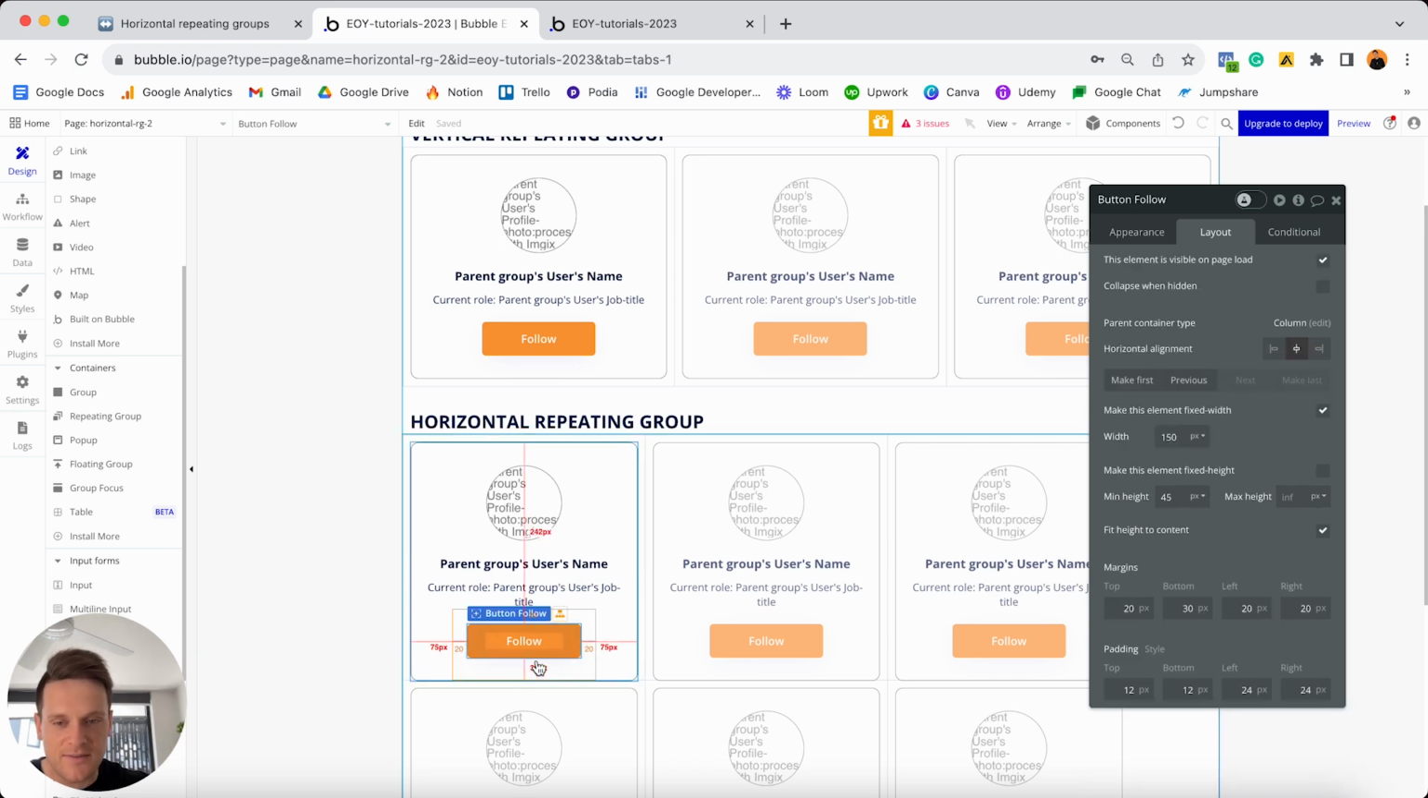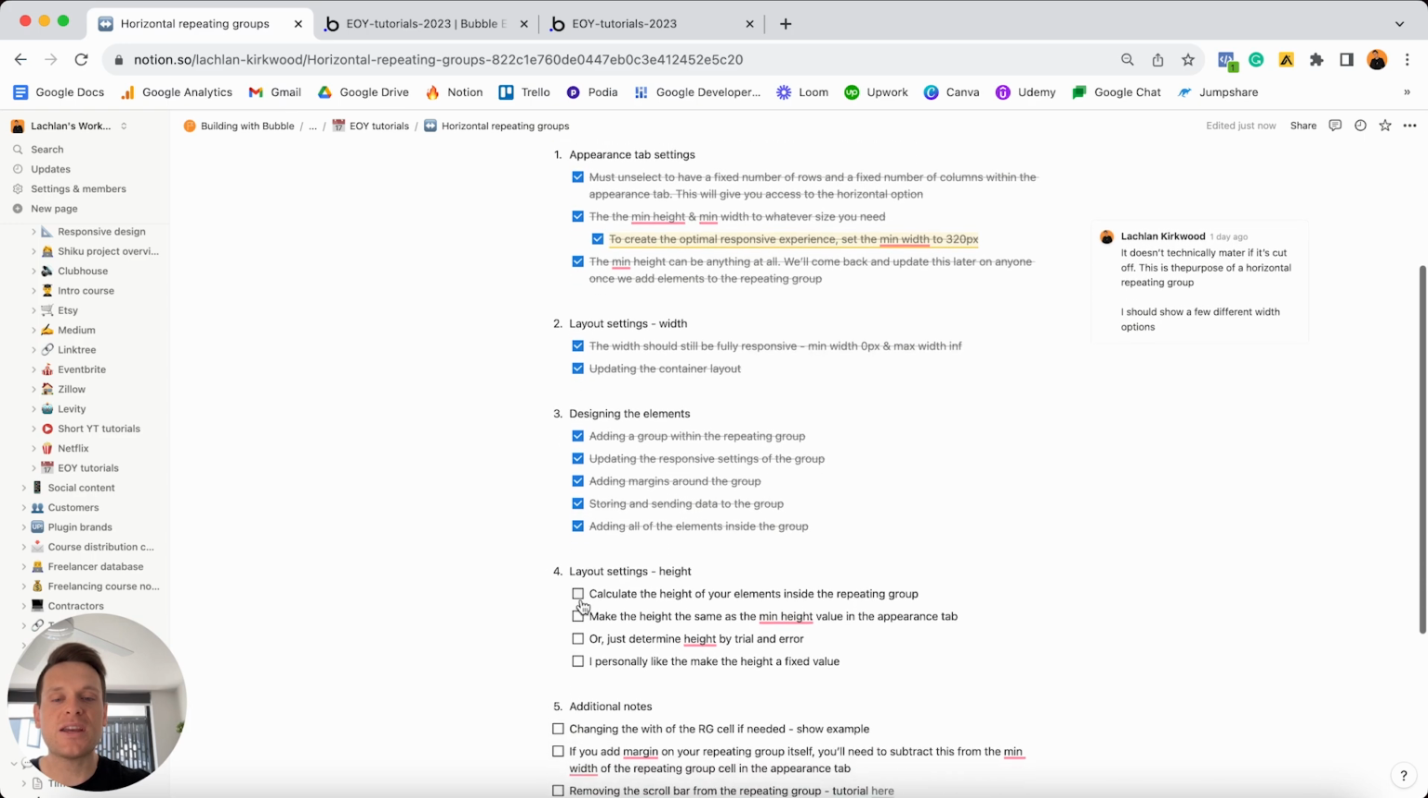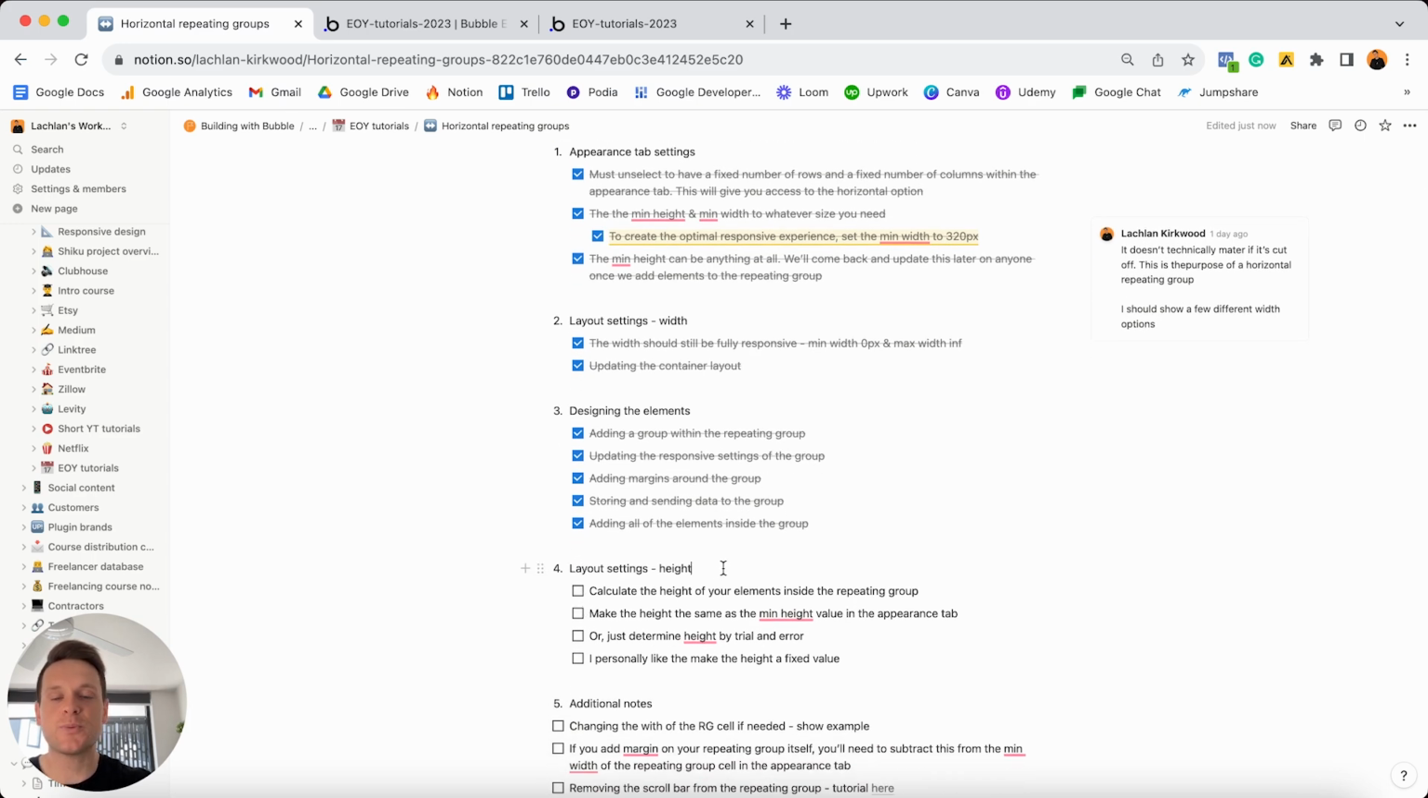And as you can see, I've got 30 pixels of margin at the bottom of this button here. So that means the group will never touch this button. And just like that, that's all we need to configure for this group. So what we're going to do is jump back to my Notion checklist, tick all of these items off, and now we can jump back to the last few settings we need to update to make our horizontal repeating group